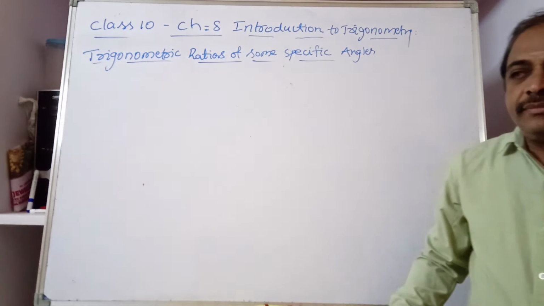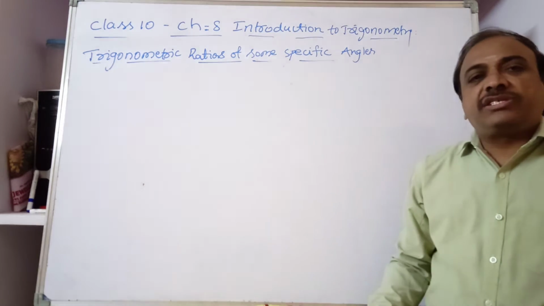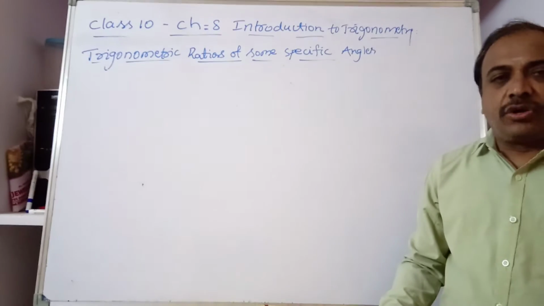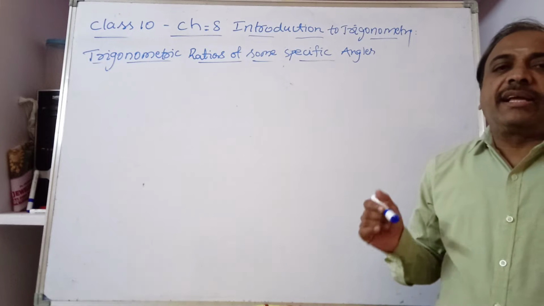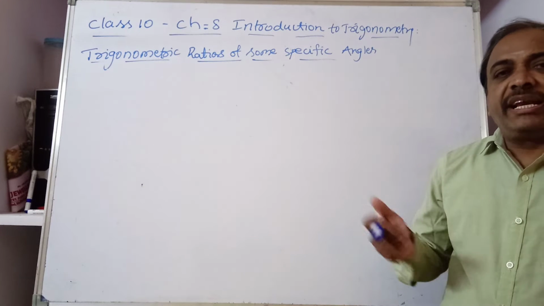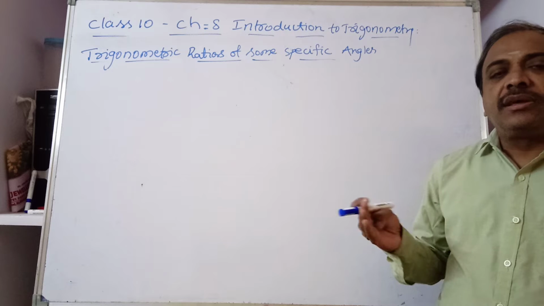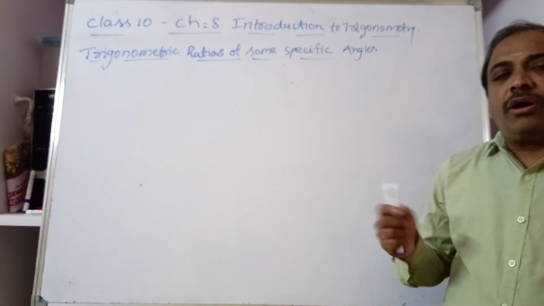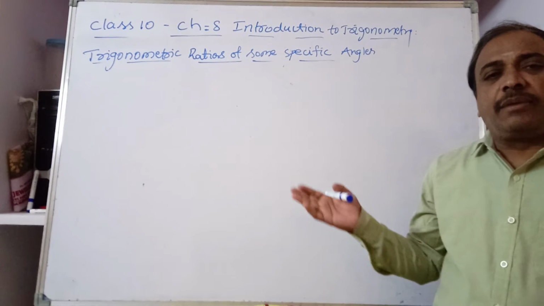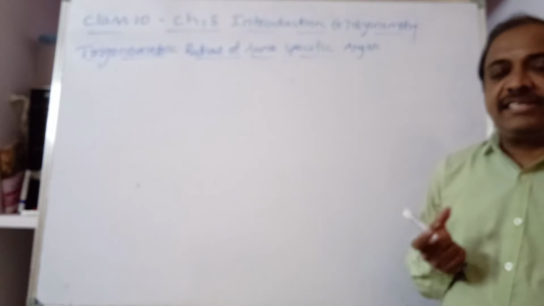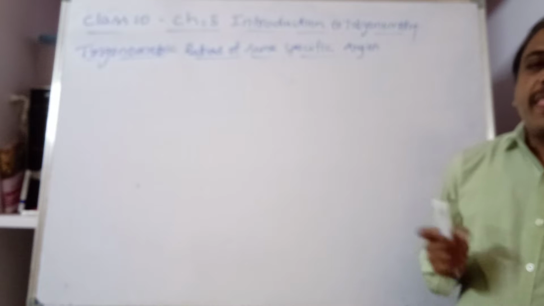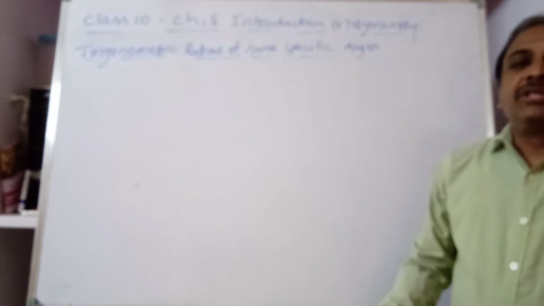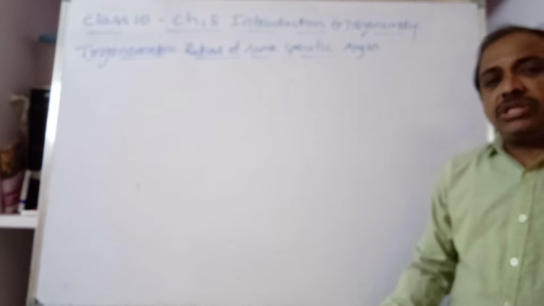Coming to the point. In the previous sessions, we have discussed the introduction of trigonometry and the trigonometric ratios. These are the relations with respect to an acute angle, taking the ratios of the adjacent, opposite and hypotenuse sides two at a time, and we have derived the trigonometric ratios. So with respect to the acute angle, mostly this